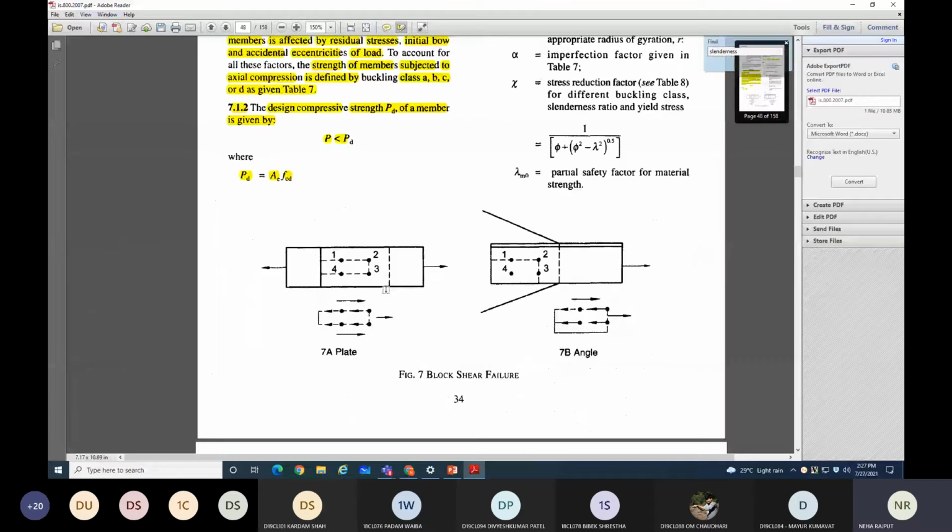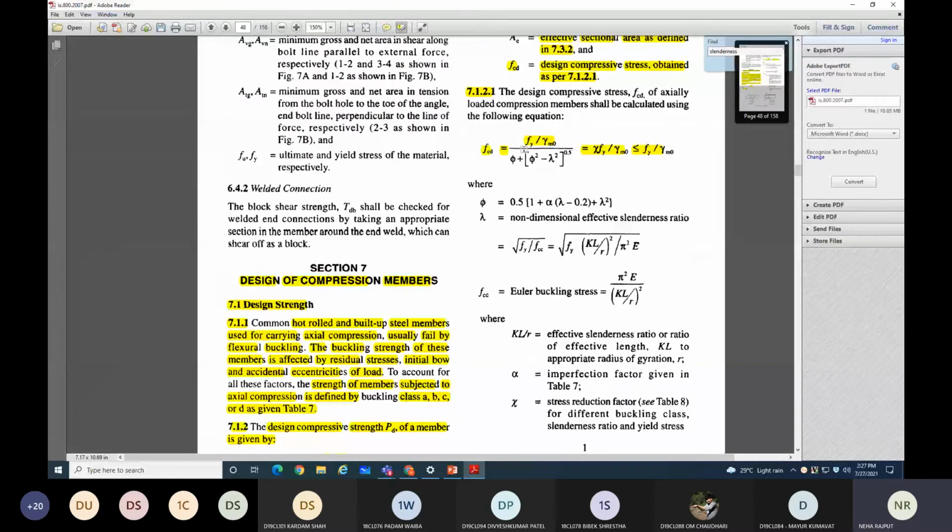Yes, ma'am. Right. Or you can use this equation. This is a lengthy process to get the value of fcd, and the easiest way is that you can get the fcd value directly from the table, depending on the buckling class. Here, in the table, you require the buckling class value.